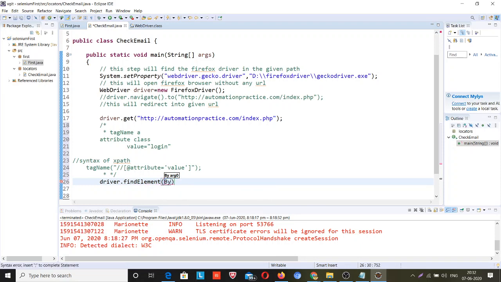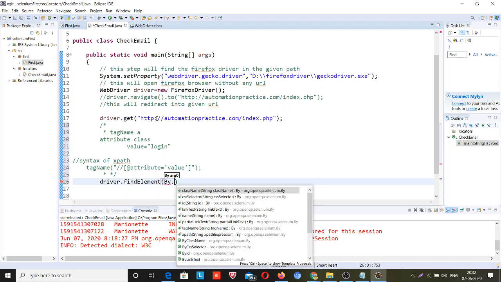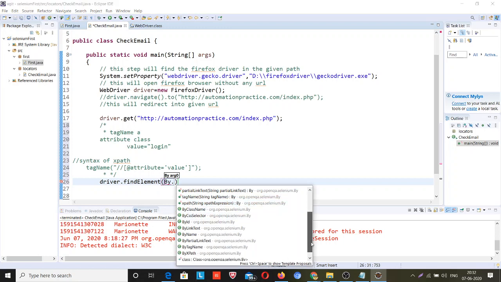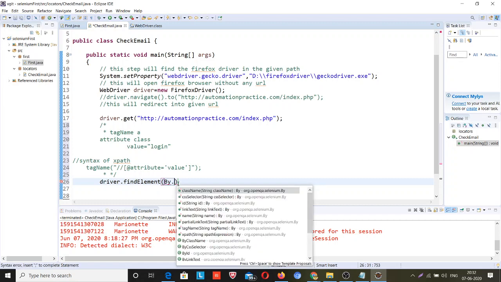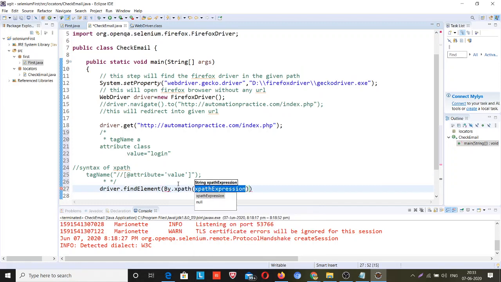By dot, which locator? When you click on dot, there are several locators present: class name, CSS selector, ID, link text, name, partial link text, tag name, XPath, and many more. What I want to use is XPath. Now you can write your XPath.